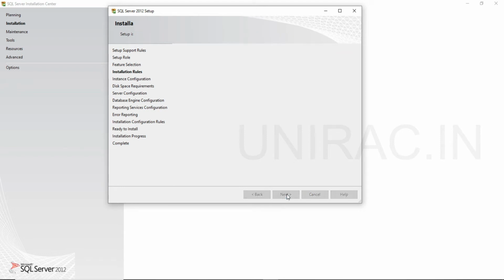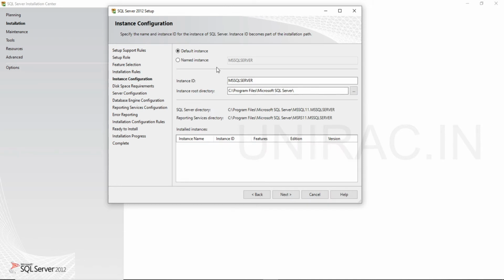Next, click on next. You can have a default instance or a named instance, where you want a separate user-defined name. You can change it here, or go with the default instance name. So it will be set to MSSQLSERVER with the instance ID MSSQLSERVER, getting installed in the root directory. Under the root directory, C:\Program Files\Microsoft SQL Server.